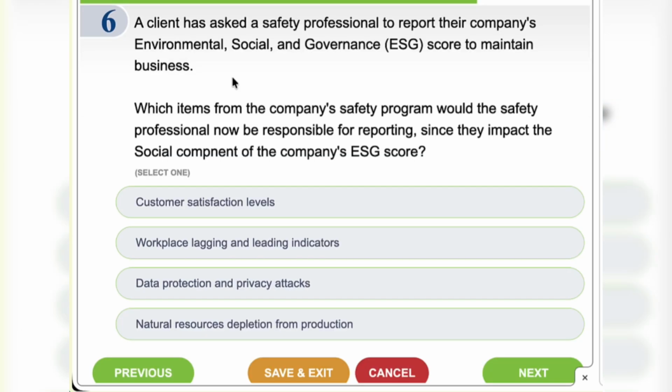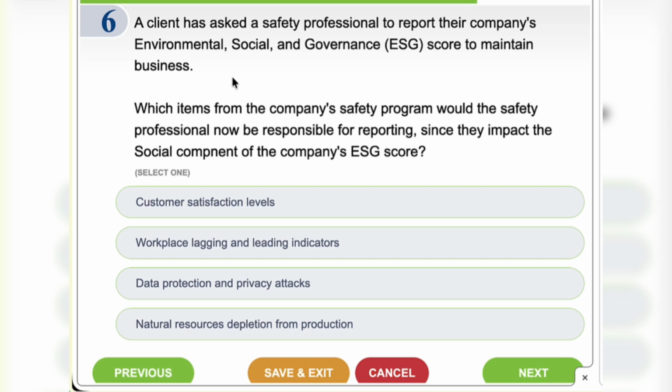A client has asked a safety professional to report their company's environmental, social, and governance score to maintain business. Which item from the company safety program would the safety professional now be responsible for reporting, since it impacts the social component of the company ESG score?